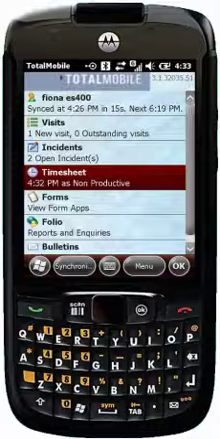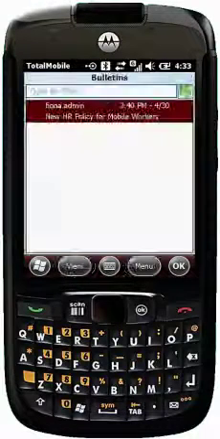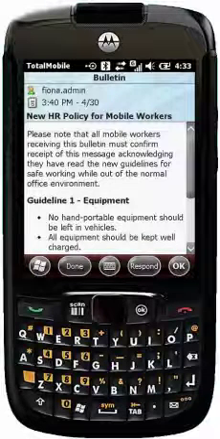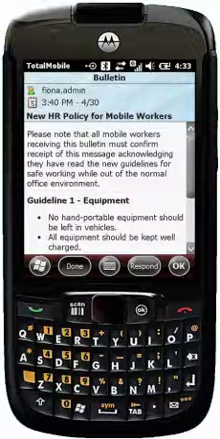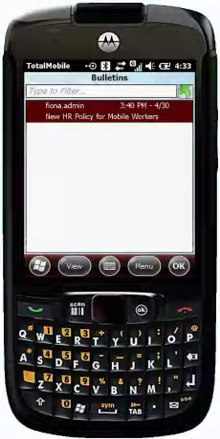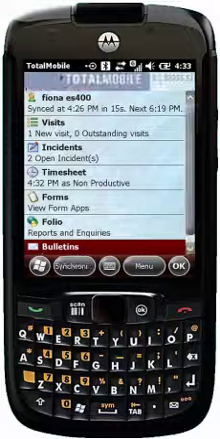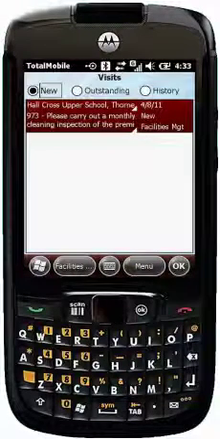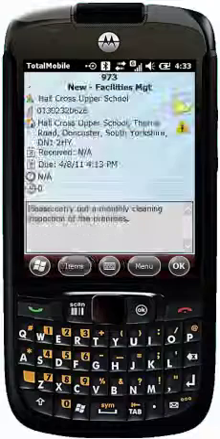Within Total Mobile, you have the capacity to send down information to the device that forces a user to read and receipt information that you pass down. In this case, enforcing a new HR policy before the first job is sent to the device. Once done, the user can then move on to accessing the new job that has been sent down to the